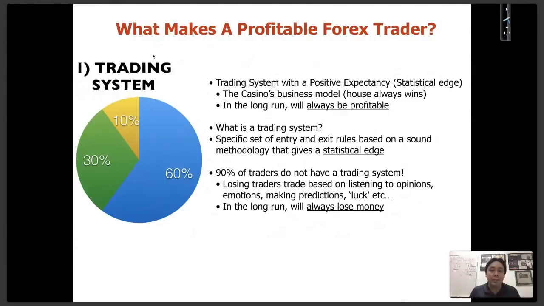You need to have a trading system with a positive statistical expectancy in the markets. So what does it mean? It means that in every trade you take, you can't predict where the market's going. No system can do that. There's no holy grail method that wins all the time. So in any strategy, you will have wins and losses. But a good strategy is one where as you keep trading, you have a lot more wins than losses, and your average win is a lot bigger than your average loss. And that's what creates consistent profits over time.